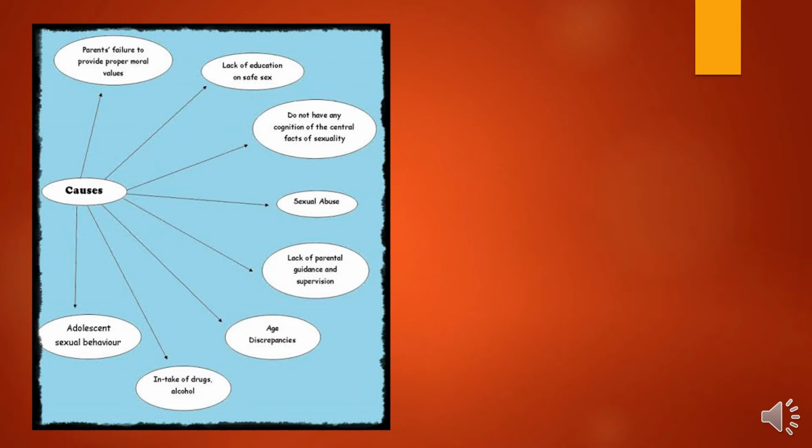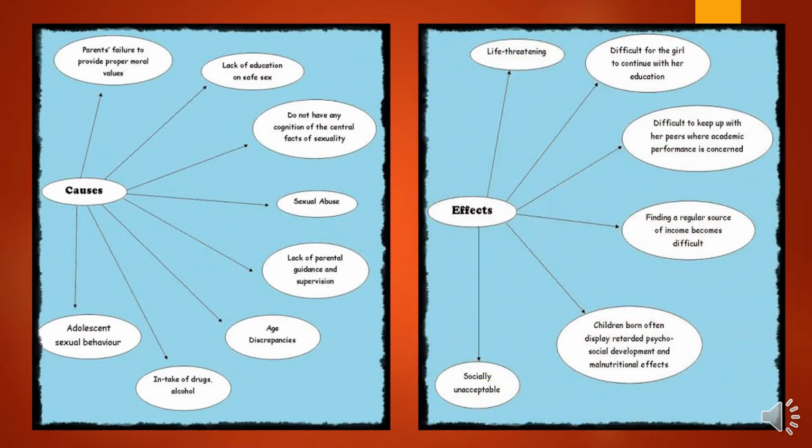We have additional causes here. Parents' failure to provide proper moral values, lack of education on safe sex, not having any cognition of the central facts of sexuality, sexual abuse, lack of parental guidance and supervision, age discrepancies, intake of drugs and alcohol, adolescent sexual behavior. Other effects are